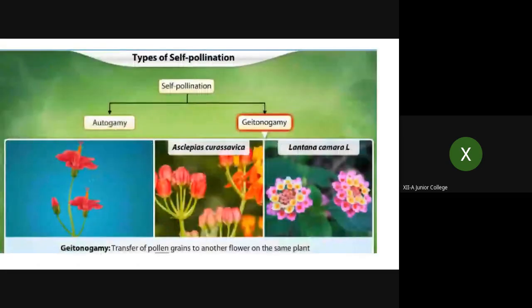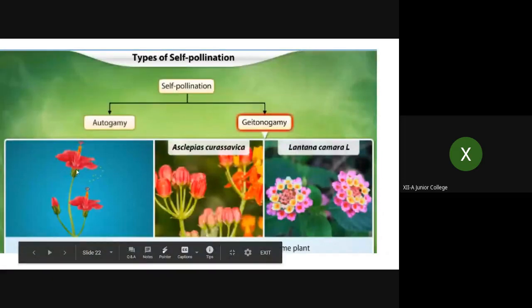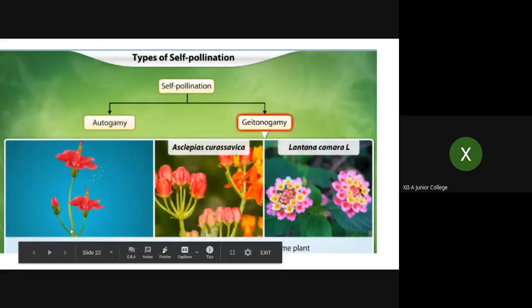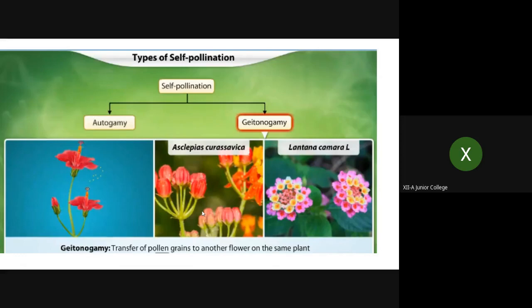Okay, now this is the picture you can see here, where this is the example of jasmine, China rose, where geitonogamy can be observed, or even self-pollination can take place within the same flower, that is autogamy also can take place. And you can see this transfer of anthers from one flower to the neighboring flower, but the plant is same. So this is what is called geitonogamy. Here, very common examples where neighboring flowers are there and there are chances of geitonogamy. These pictures are the examples of geitonogamy.